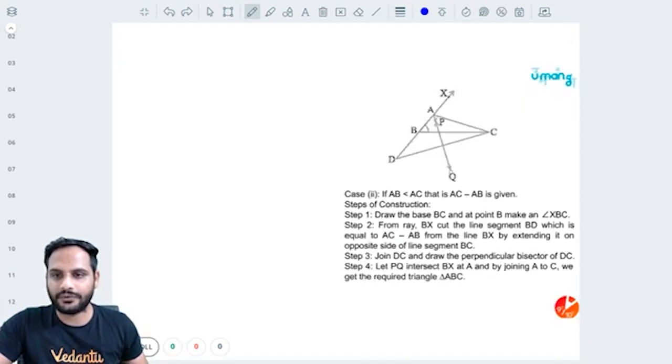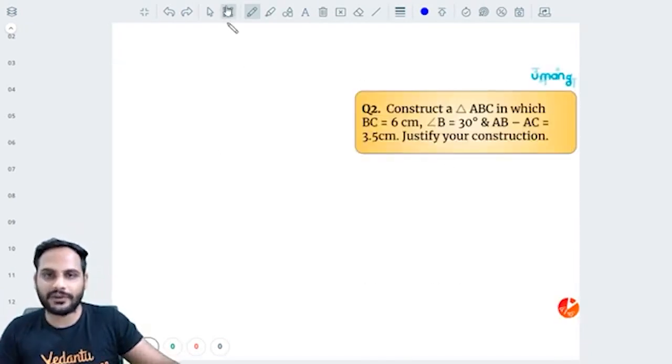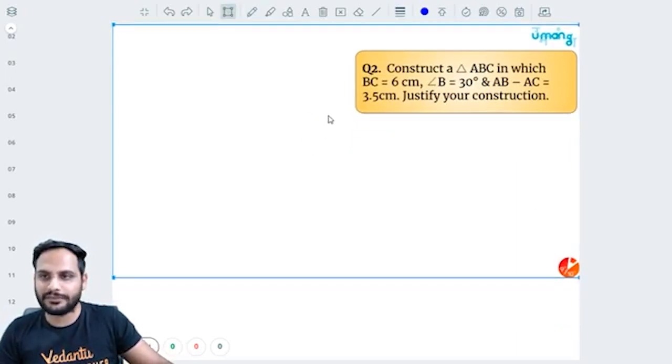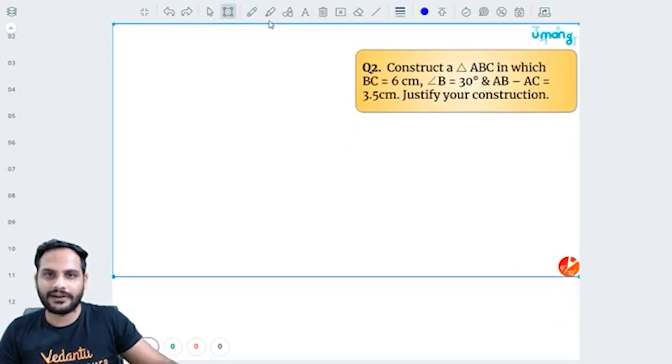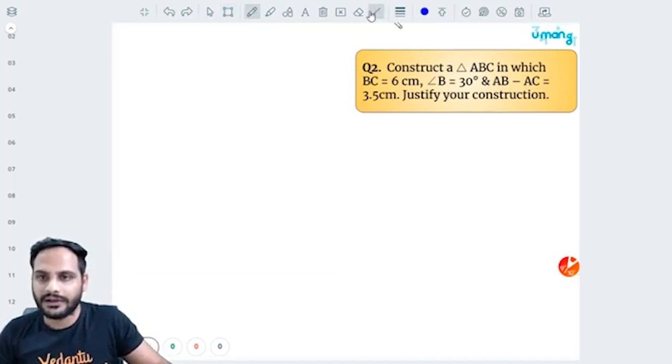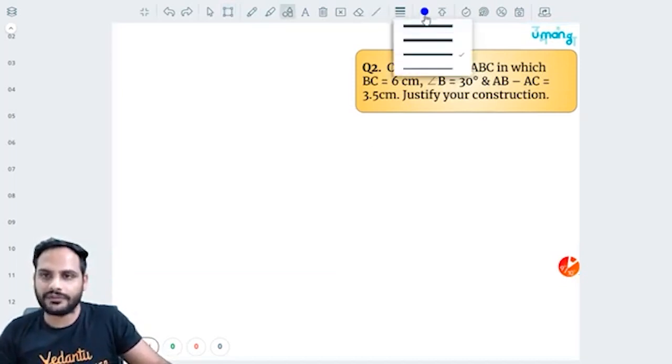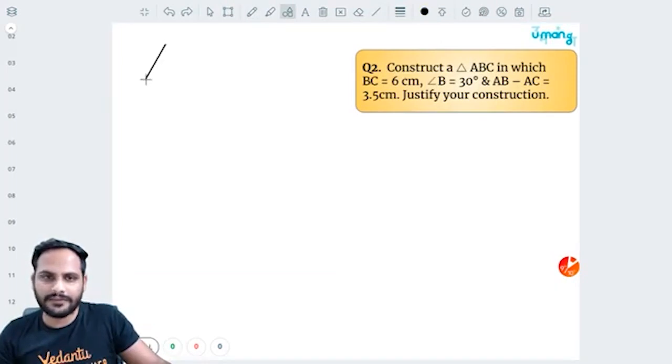Let's look at that kind of question. Let's take the first case. Let's take this question, because these are very well explained with the help of a question, right? Let's always first focus on the rough diagram. So we have a triangle ABC. Just drawing a rough diagram.